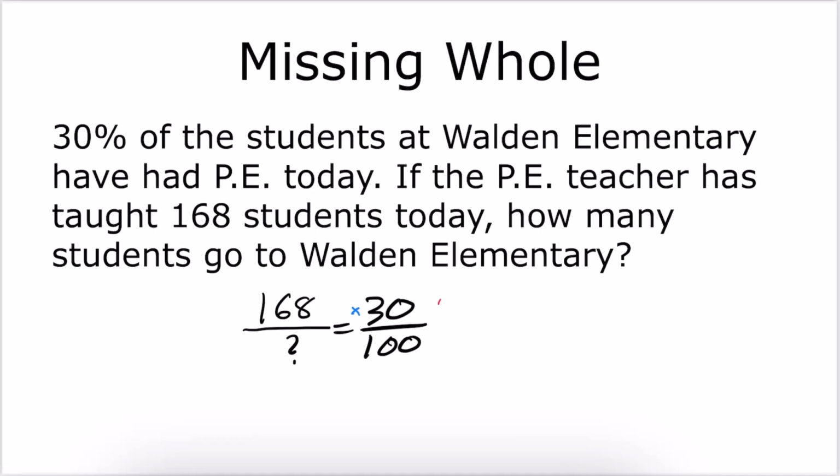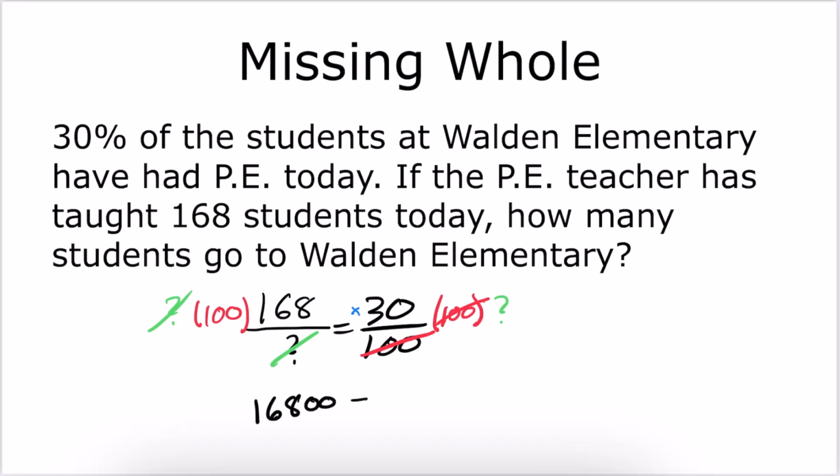And if I multiply both sides of the equation by 100, that cancels out the denominator of 100 on this side. And if I multiply both sides by the question mark, that's going to cancel out the question mark on this side. And so we get 100 times 168, which is going to give us